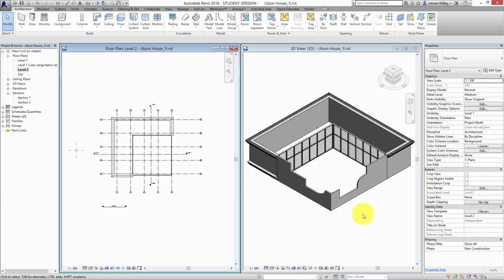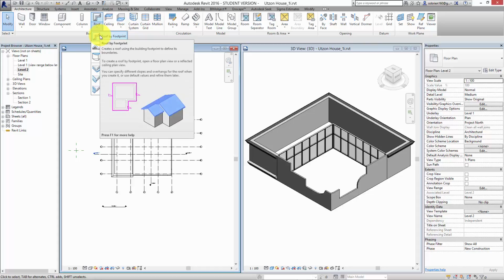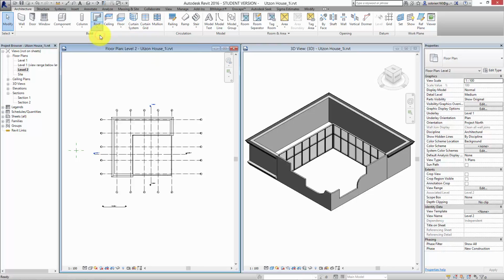So now I want to put a roof on top of this house. So the easiest way to put a roof on, if we come up to the architecture tab and we go across to roof, we have roof by footprint. And roof by footprint is basically the shape of the building on the ground. You basically draw the shape of the building, it calculates a roof for you. So it's the simplest way of making a roof. So if I type roof by footprint,